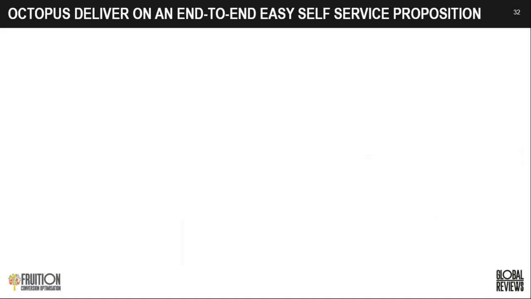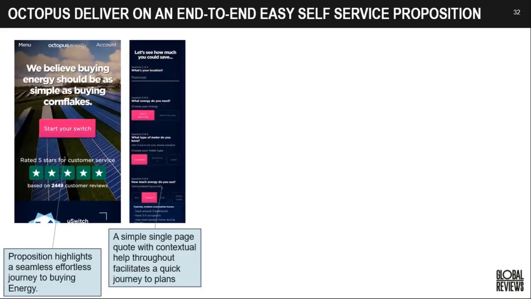Now, while we have seen so many insurance-based brand examples, here's one more example from the energy industry. The brand is called Octopus Energy. They're an energy company based in the UK. What they do well is they have this call to action, which doesn't say purchase now or get a new energy plan. They just say start your switch, and then they keep pitching you the prospect of saving money by switching with